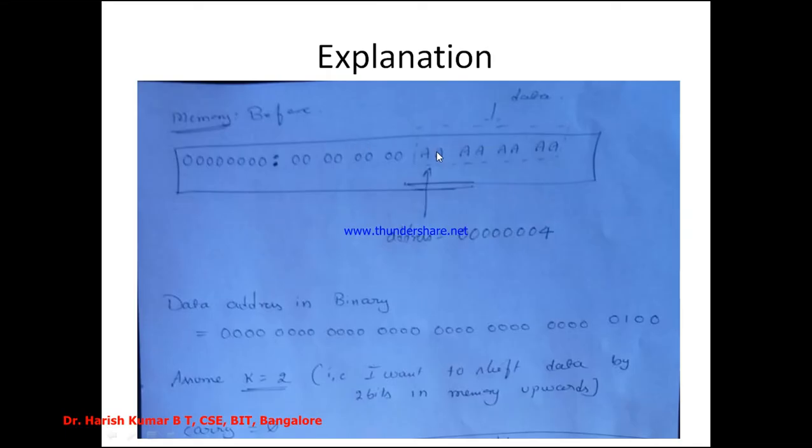I have taken an example in order to explain this program. The memory before execution is what I'm assuming. This is the memory address, starting from 0, and this is the data inside the memory. You can observe here the 0th byte, the first byte, second byte, third byte, and fourth byte. Just understand that the one I've written inside the dotted line is my data. Now I have to shift this data upward in the memory. This is downward in the memory, and this is upward in the memory. Now I want this data to be shifted here, and what is the address